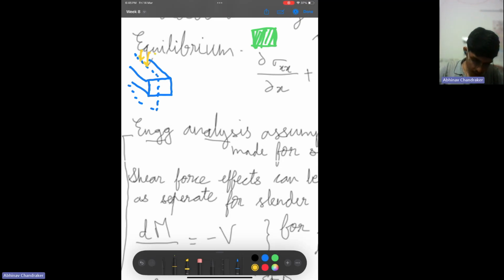So, this is the kind of loading. So, we want I_z to be low about this particular plane. About this plane, we want the moment of inertia to be low. So, since the material which is closer to this plane will